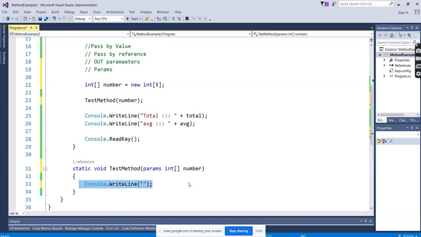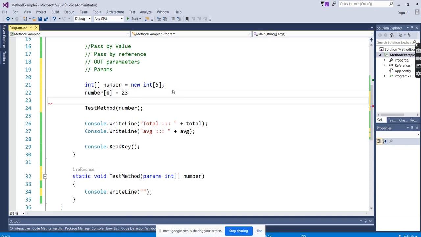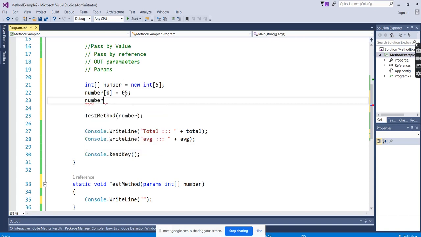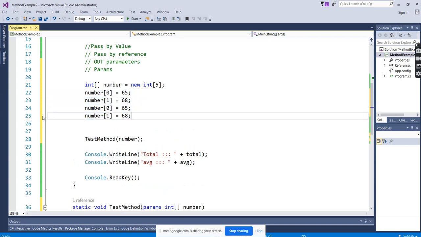Now it is an empty array. We cannot even see the values, so we'll add some values now. How to add values to the array? Static values. An array starts with index 0. Array of 0 is some value. Array of index 1, and so on, up to three.